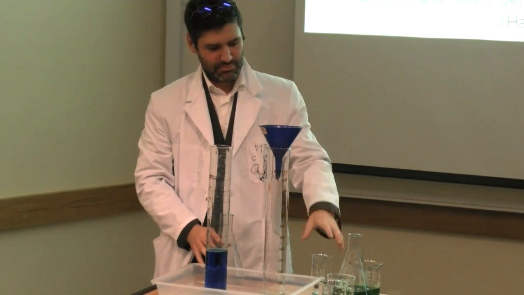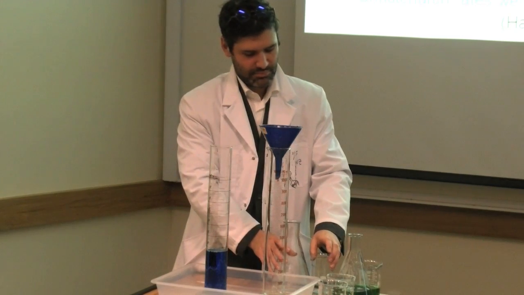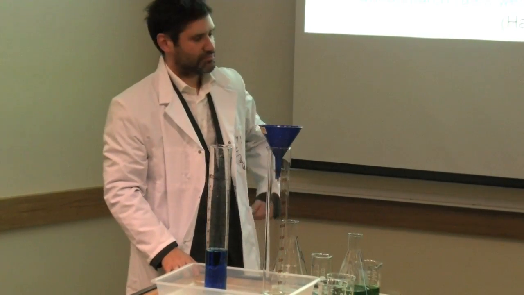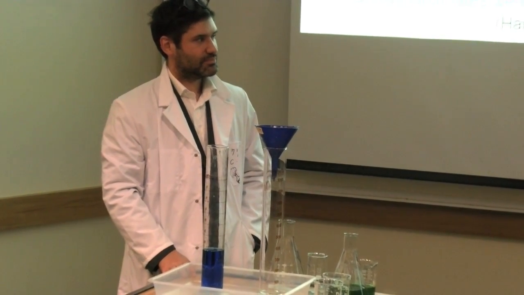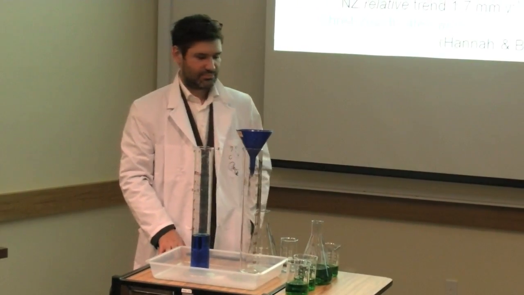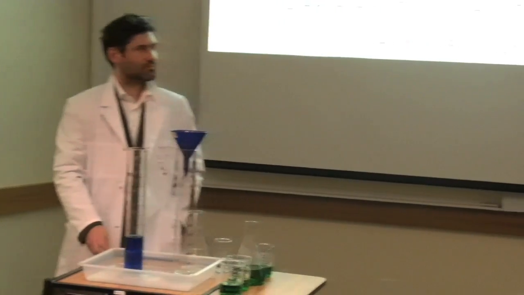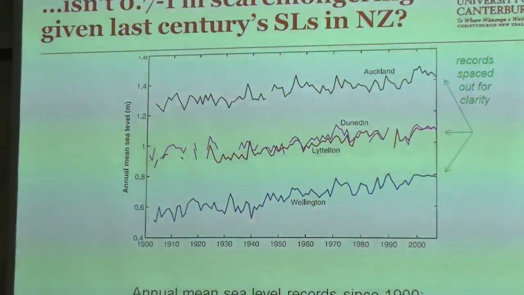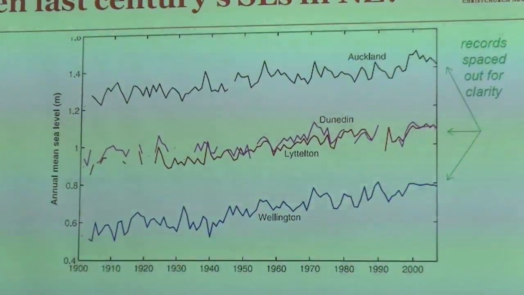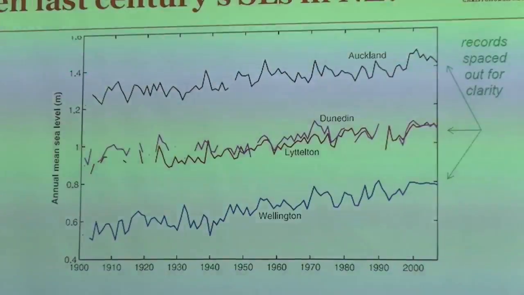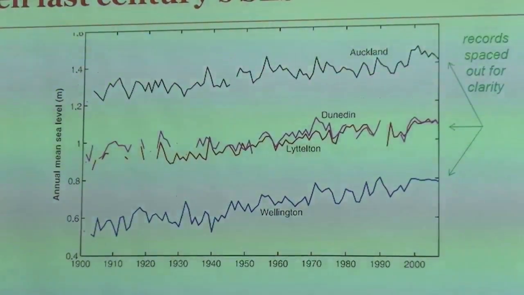But mean sea level is not the story that you'll see any one day when you go out to the coast. You'll see mean sea level plus or minus the variation of a number of other processes. And so we'll add those in as we go. Just on this graph, the separation of these lines is artificial. That's just so that we can draw the lines out and see the differences between them. So don't think that Wellington's better off than Auckland. We've just pulled those lines apart.